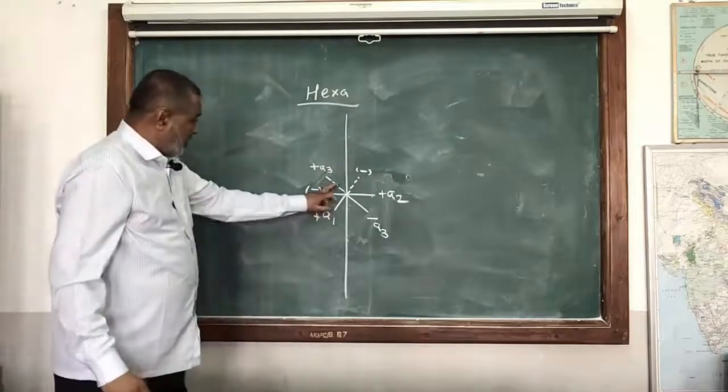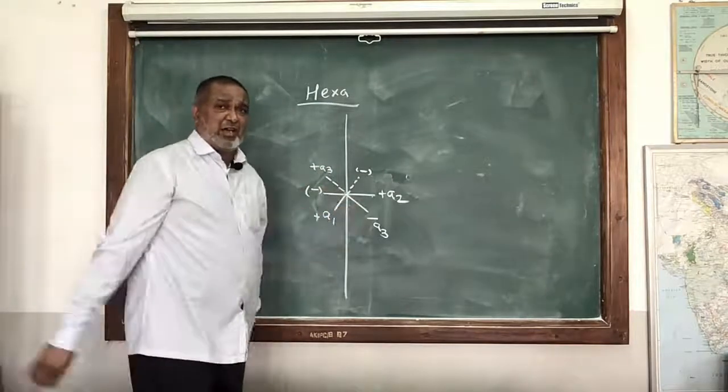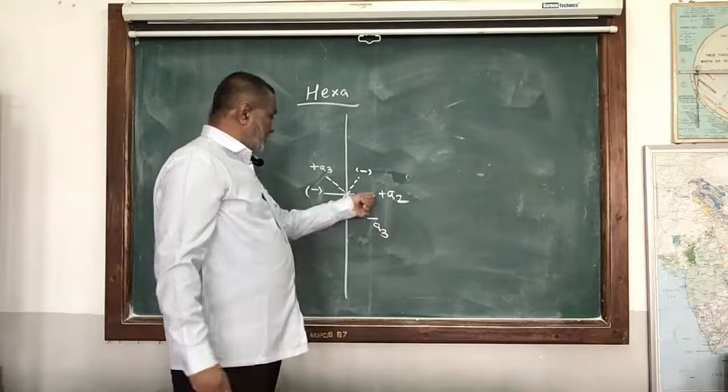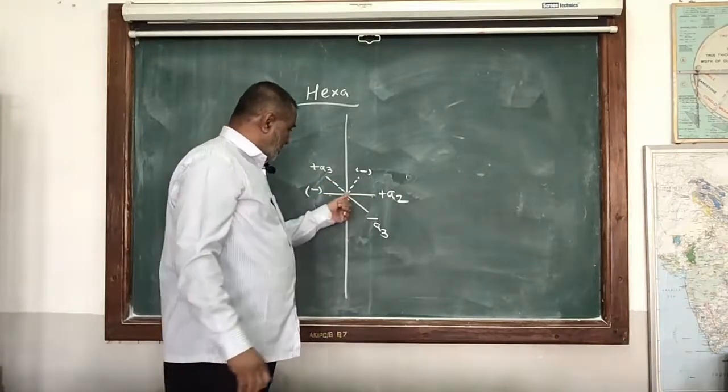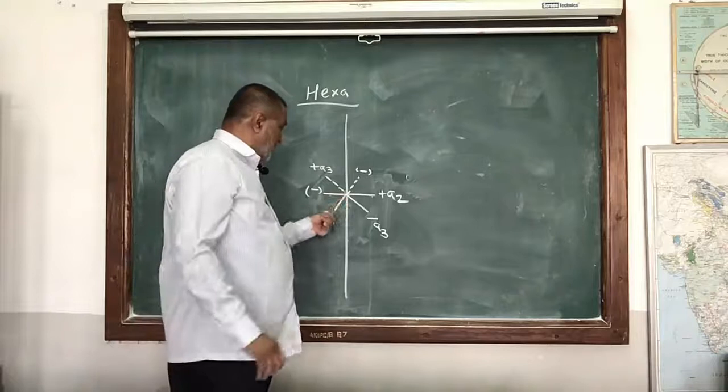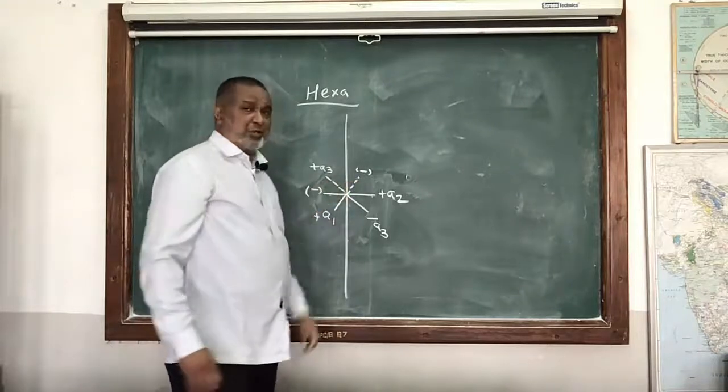And whatever dotted lines we have drawn, these are on the back side, we can't see them. So these lines we have to draw, but left and right, or front, we can easily recognize. So they are the dark lines, and the back lines we have shown as dotted ones.